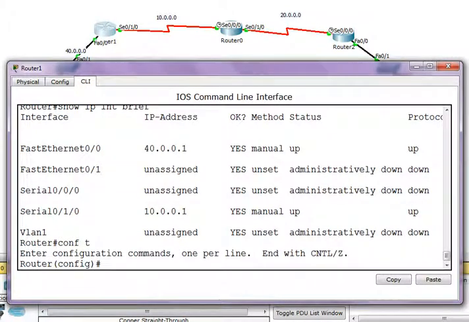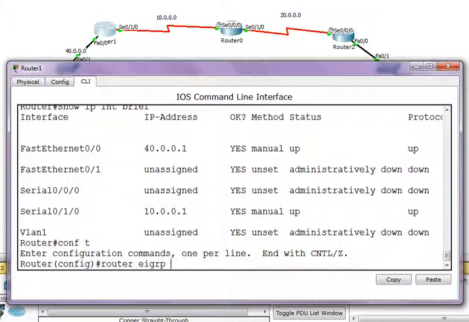It is the same as RIP, but there are a few extra things you need to know about it, which make other routers understand the network better. You have to type router EIGRP. After that, you have to type the autonomous system number. What is this autonomous system? Autonomous system is my area.